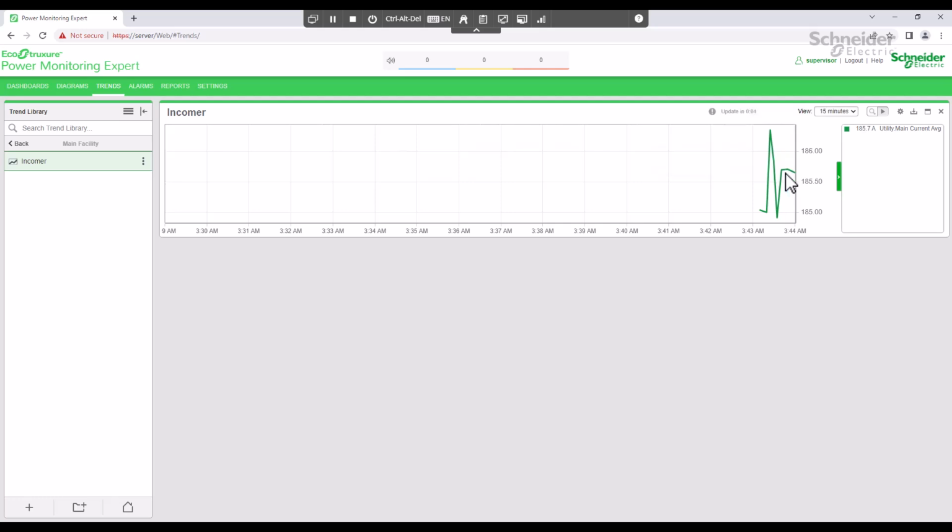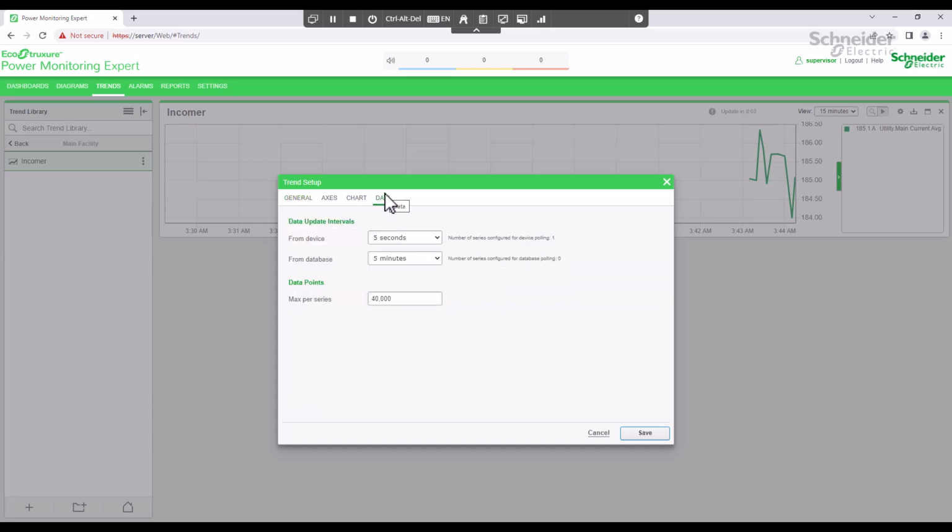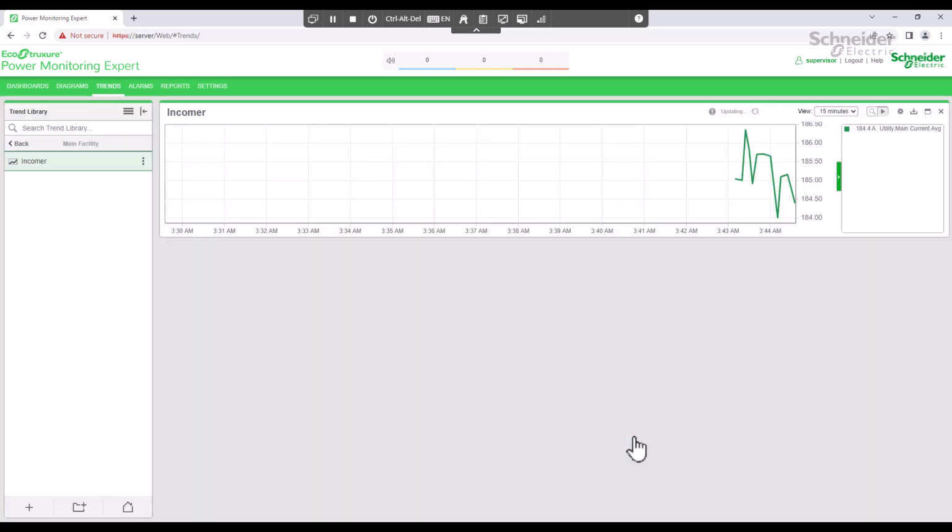New data points seem to be coming in every 5 seconds. We can change this by going back into the configuration.